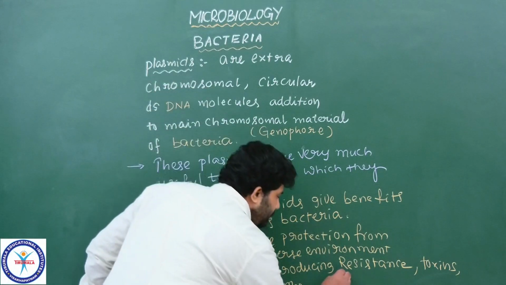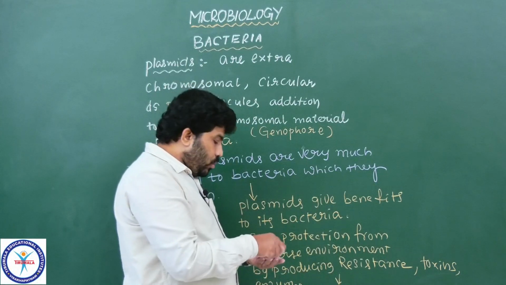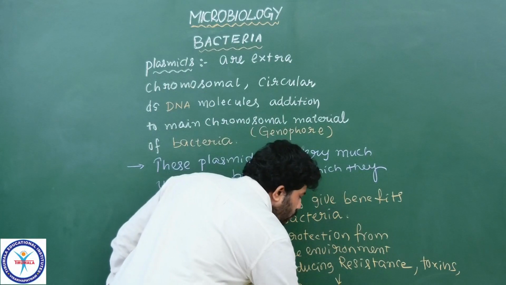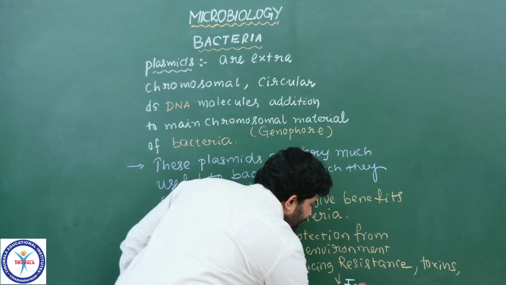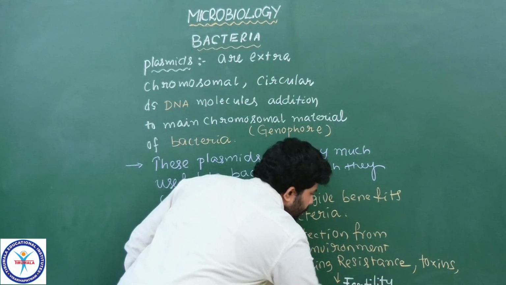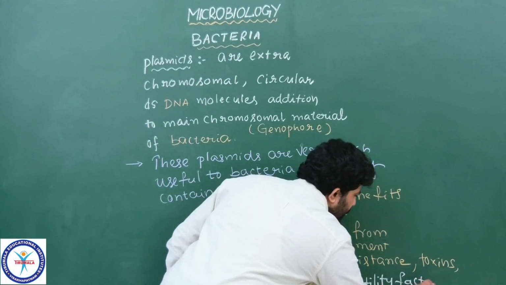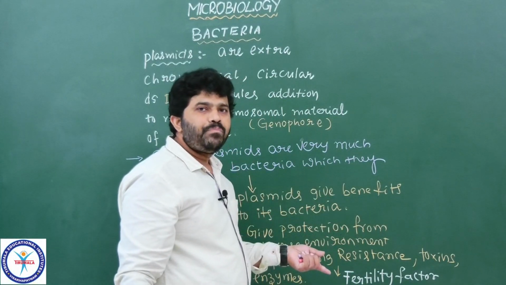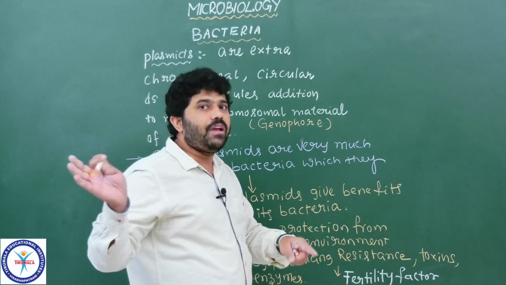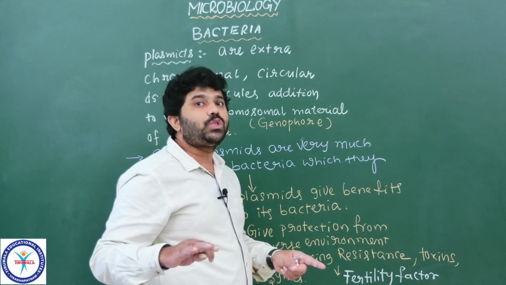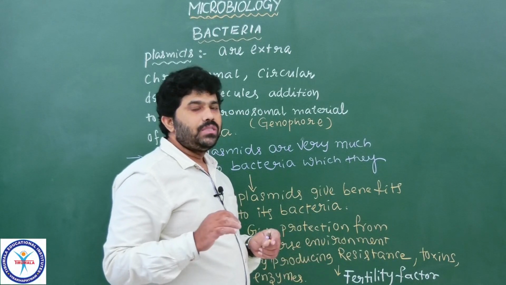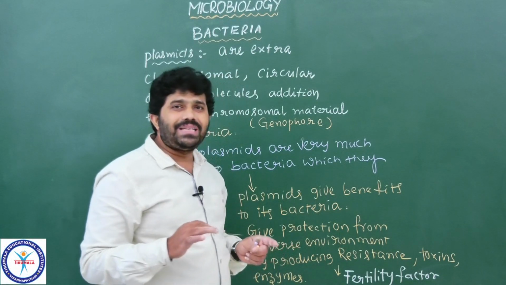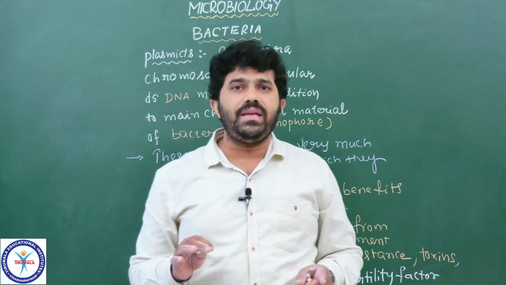Also, bacteria in which plasmids are present are able to show the fertility factor. What is it? Fertility factor means that the plasmid in the bacteria is able to transfer genetic material into other bacteria for conducting sexual reproduction like conjugation. You know that very well. Understood? Bacterial reproduction happens sexually in three ways, I think you know.